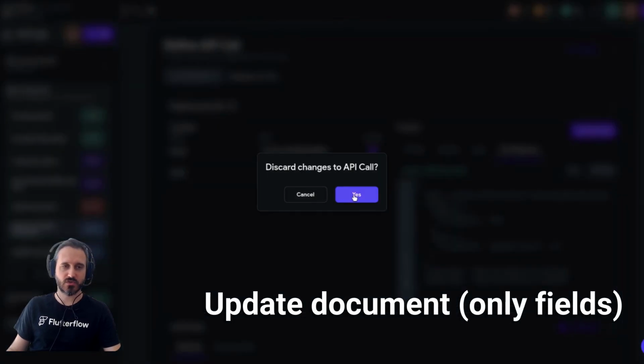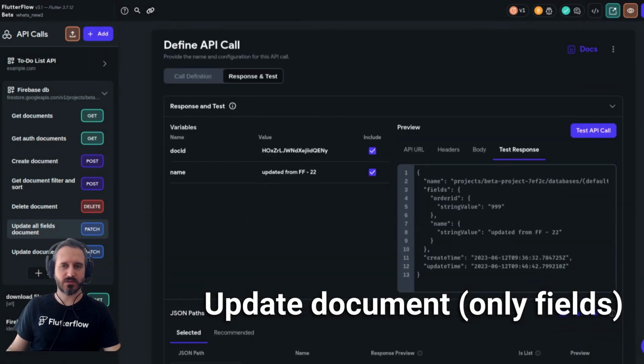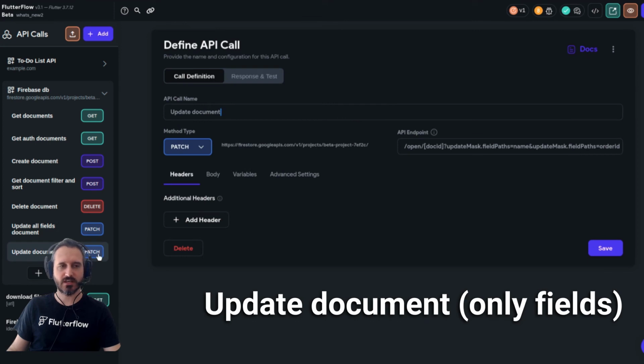So let's go to the last API call that we have, which is PATCH again. The last one was PATCH again too; I forgot to mention that. It's very important. It should be PATCH. The base URL is always the same, and the API endpoint this time is different. This time it says slash collection slash document ID, and then a question mark, and then updateMask.fieldPaths equals name,